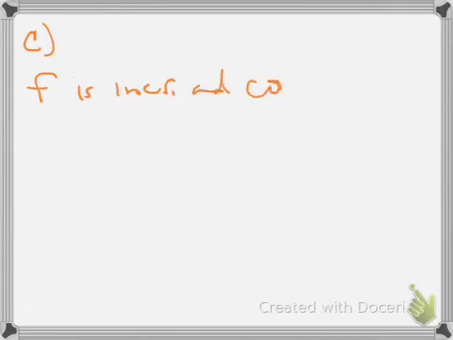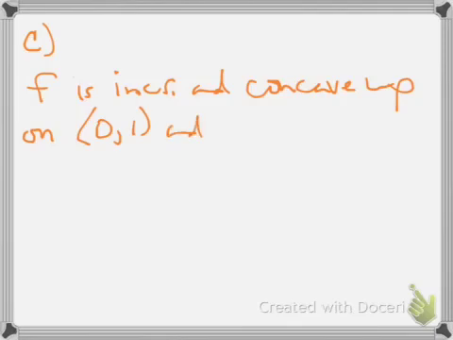and concave up. Be careful with abbreviations on the AP exam, because they might not know what your abbreviations stand for. INCR is okay, but when we're doing CC up, CC down, they should get it, but I wouldn't risk it. You write concave up on the intervals from 0 to 1. I'm going to use interval notation. The open interval from 0 to 1, and because it said open intervals in the question, I'm going to leave them as open intervals. And the interval from 4 to 6,